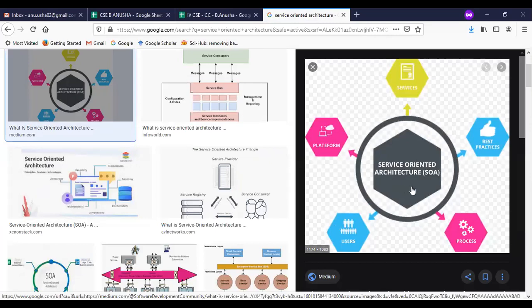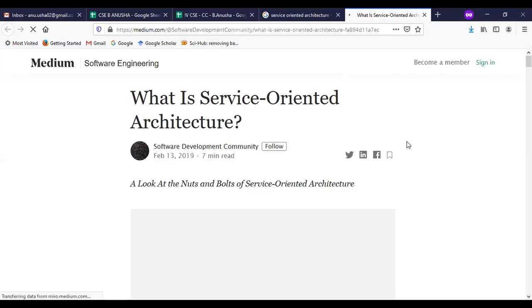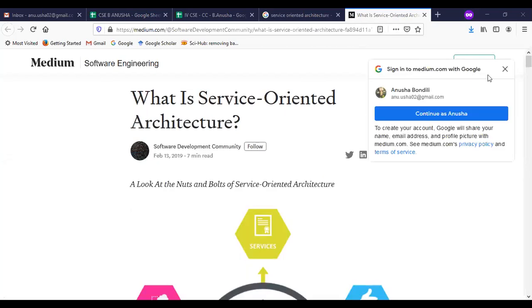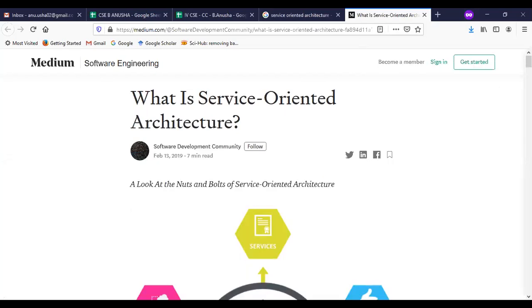When you place the cursor on this, it is highlighted because it is a link to another page. If you click on that link, you get to another page. So if you select any image, it allows the users to access another web page.